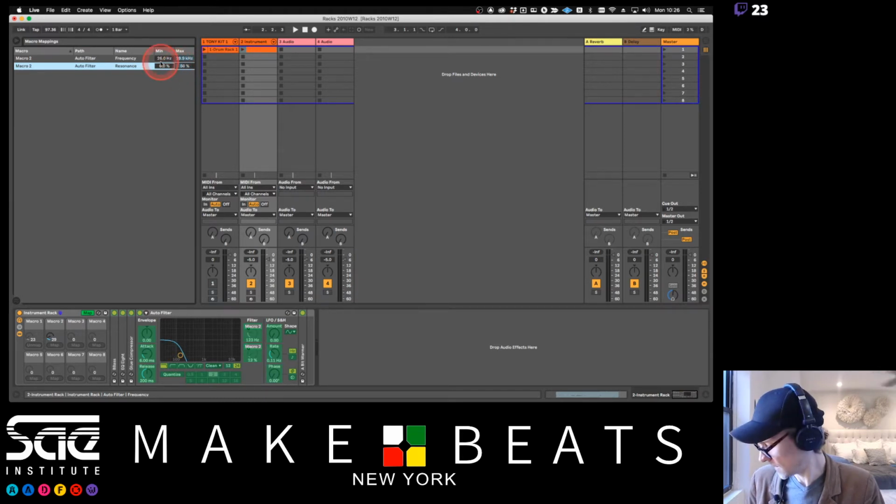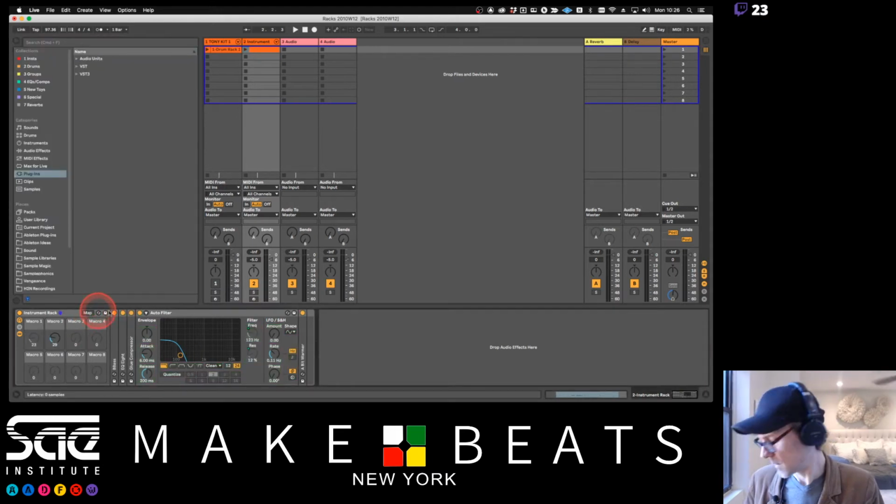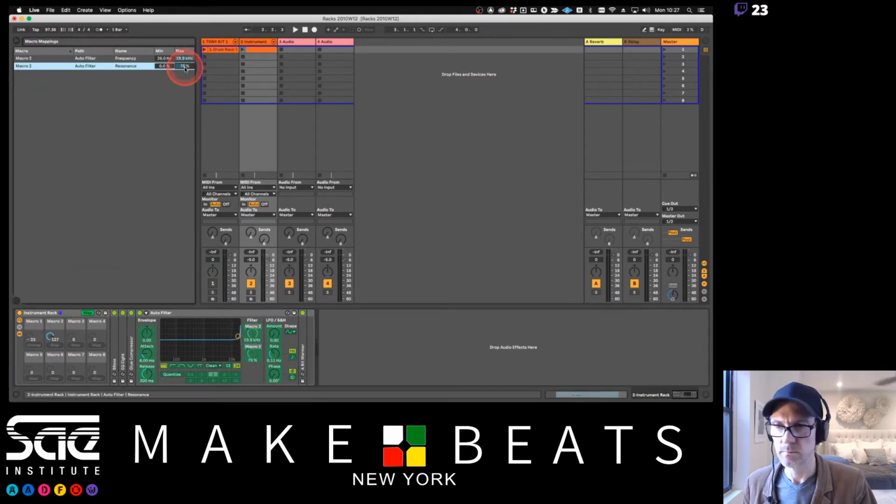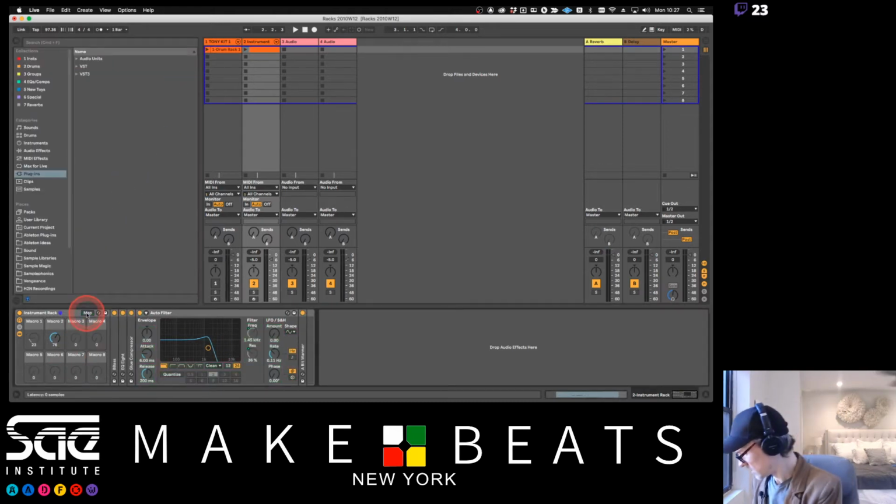Now, what's going to happen is, when I move the knob, instead of going up all the way, I want it to hit my maximum about right there. Let's see. So let's put this up at 75% rather. There we go. Yeah, that's much better. So that's where I want it to go to, right about there. I'm going to click and drag this down until it's right about where I want it to be. Cool, so 60%. Now, when I play that sound,